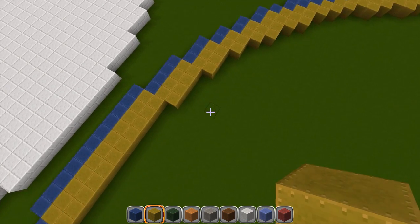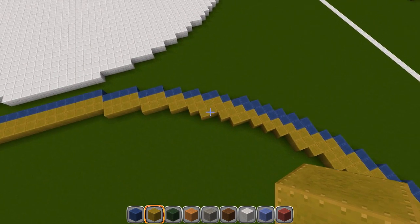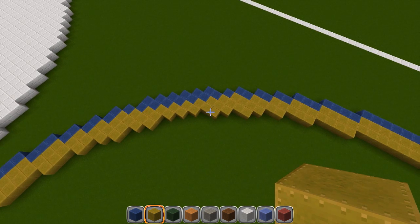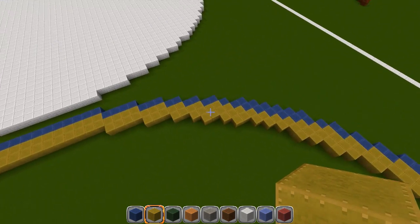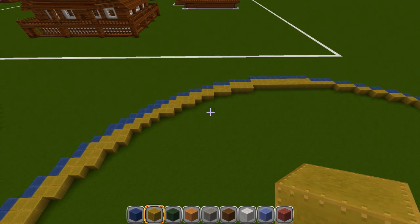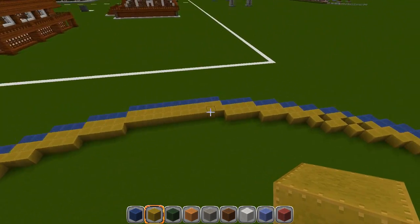If you want to go from the inside and make it a little bit easier, go ahead and go straight out to here, and go 4, 3, 2, 1, 2, 1, 2, 1, 1, 1, and then back 2, 1, 2, 1, 2, 3, 4, and then fill in any of the gaps that it leaves in between. Either way works fine. Go ahead and either reverse that or reverse the video and do it again, or follow that pattern. All right, guys, so we have that filled in here, and I just went around the other way,